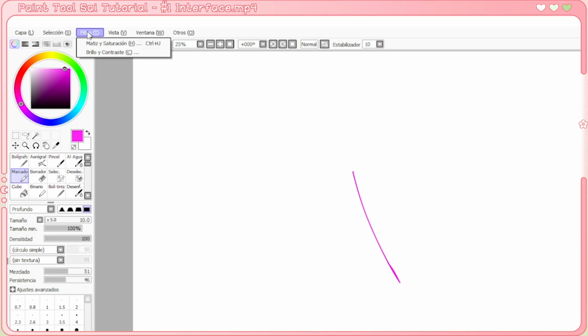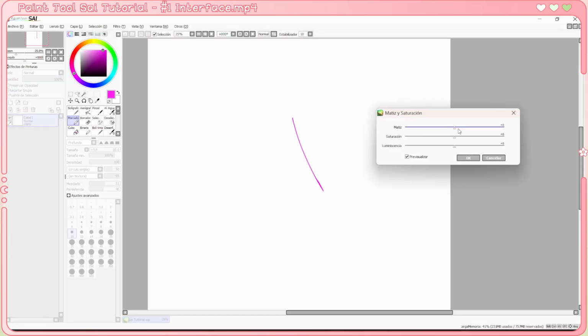With Filter, we can change the hue and saturation of the layer that we're on. The hue is like the color, the base color. Then saturation is if you want the color to be more bright or more gray. And luminance is if you want it to be more white or